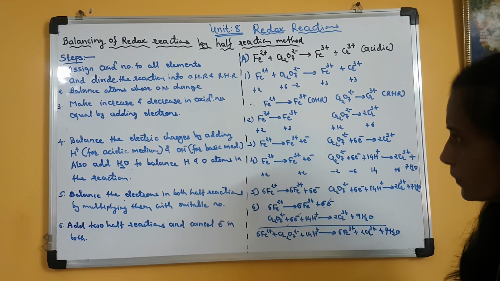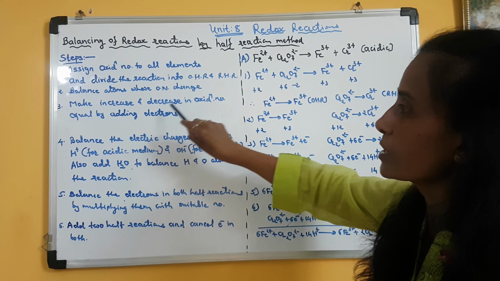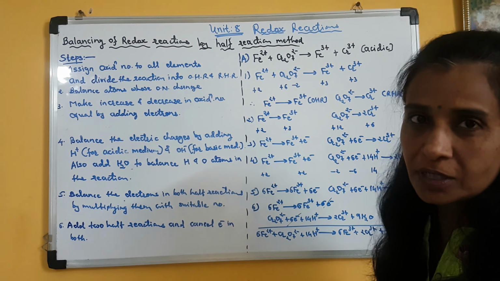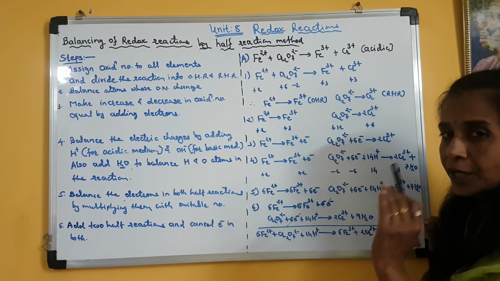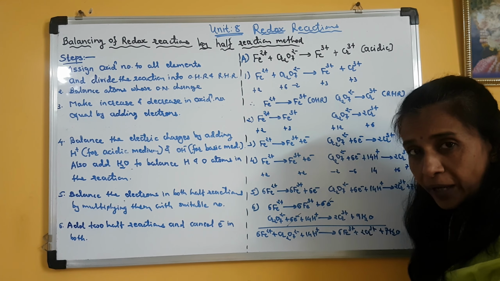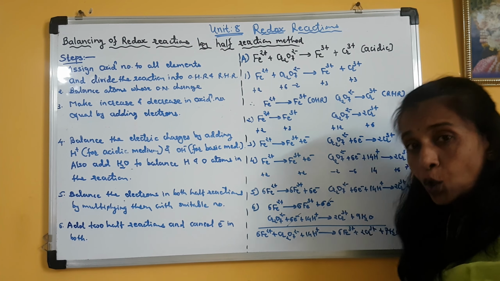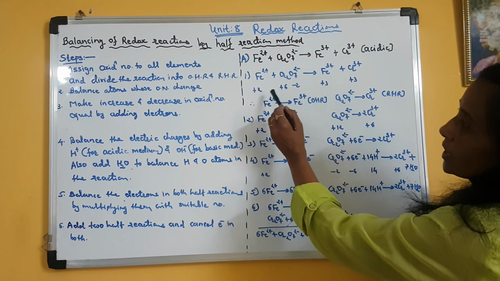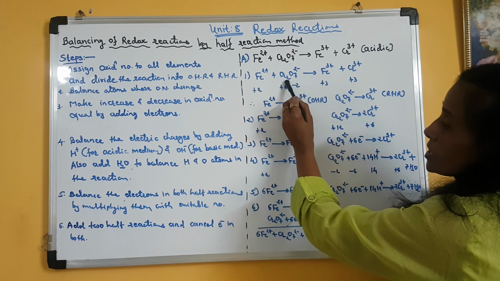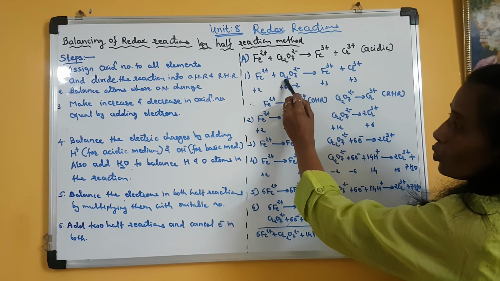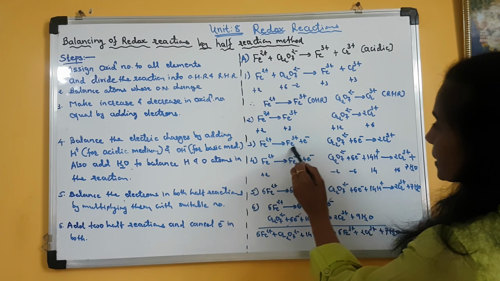Now the third step is to make the increase or decrease in oxidation number equal by electrons. Here, whatever number of atoms of each type are there, the oxidation number of all the atoms as a whole we have to determine. In the first step I wrote the oxidation number of an individual atom. You can see on the reactant side though there are 2 chromium, I had written the oxidation state of only 1 chromium. Clear? But in the third step,